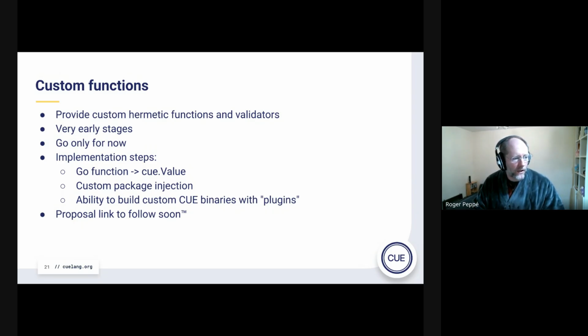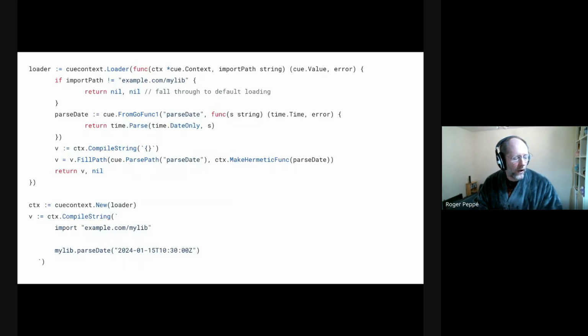And just as a taster, this is the kind of code that I'm imagining might work at the low level. Here you're making a new CUE context, and you provide a loader which is invoked when something's imported. And here we're creating a Go function, a CUE function, and returning the value for that package.